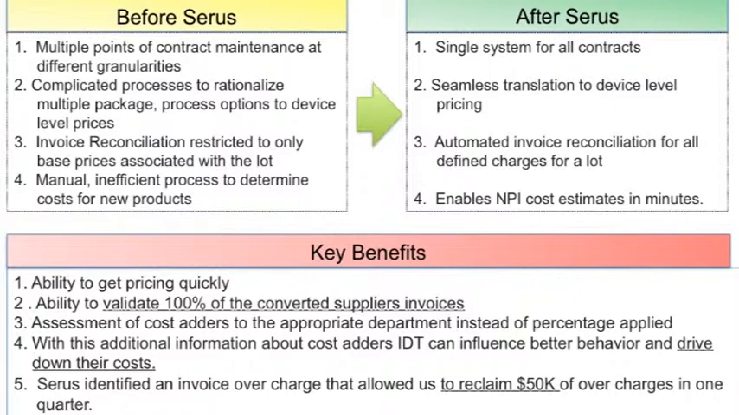So the before and after. I'll use this as a summary slide. IDT selected Cirrus to permit increased visibility on assembly costs. The system provides a methodology for us to quickly estimate new product costs and allows easier comparisons for costs across